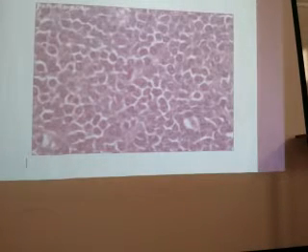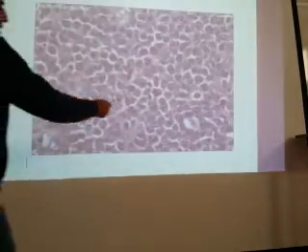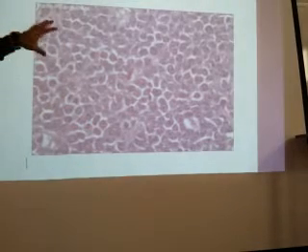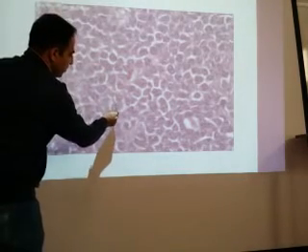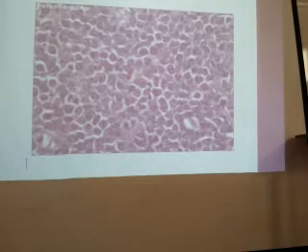No follicles, diffusely arranged cells running throughout the lymph node. No differentiation between cortex and medulla. No follicles. So how do you differentiate between cortex and medulla? Only if you find the whole lymph node, you can say outer portion is cortex, inner is medulla. Okay. So these are the big cells you can find here. The things are not clear in this, but in your laptop, if you see, you will find nuclei also. You have to see clearly. These are the nuclei. 1, 2, 3. So multiple nucleoli inside the nucleus.